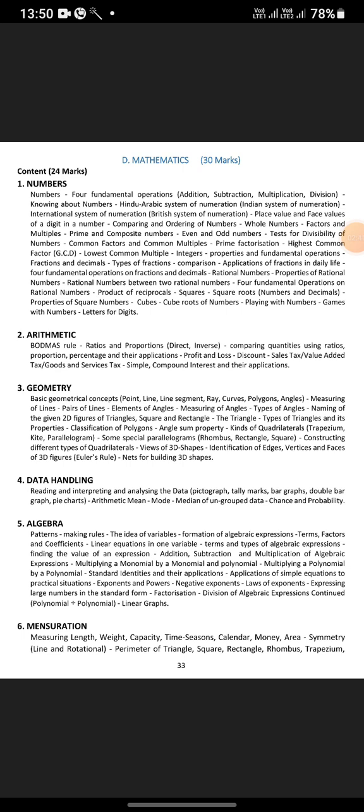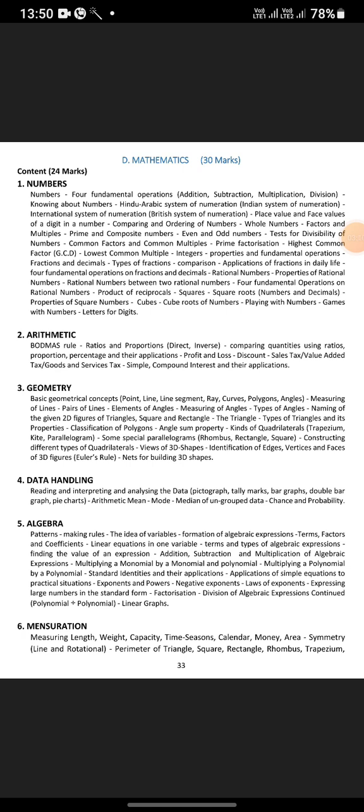types of quadrilateral, views of 3D shapes, identification of edges, vertices and faces of 3D figures, Euler's rule, nets for building 3D shapes, data handling, reading, interpreting and analyzing the data, pictography, tally marks, bar graphs, double bar graph, pie charts, arithmetic mean, mode, median, ungrouped data, chance and probability, algebra,